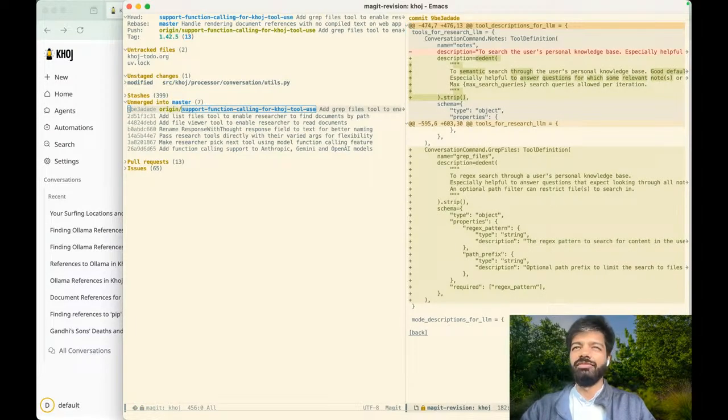For folks who may have missed the last session or don't have much context, I'll give a quick recap of what we're doing here. Khoj is going through a re-architecture. It's right now at a 1.0 series, and it's going towards a 2.x series, right? So as part of the Khoj 2.0 re-architecture,